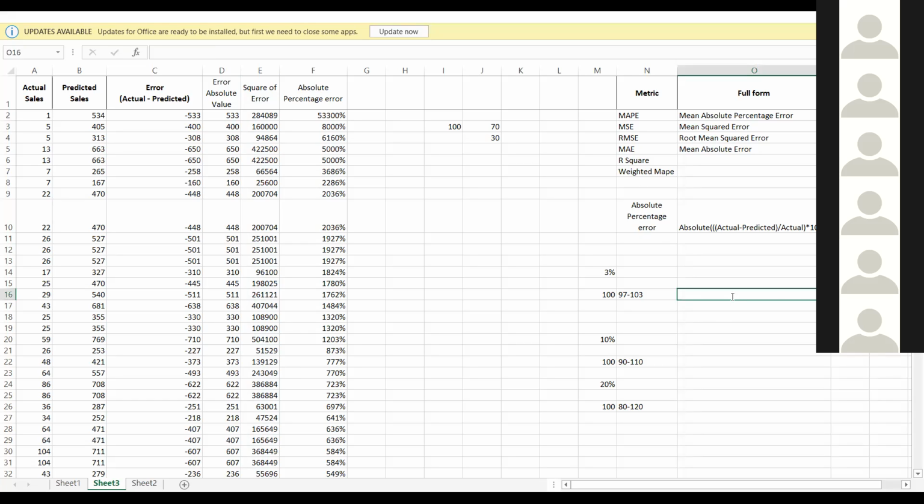If your MAP is 4%, let me just show you. If it is 4% and your actual sales is 1 lakh, so this is your prediction. Okay, sorry, let me re-emphasize. If your MAP is 4% and if your predicted sales, what your model predicted, is 1 lakh, so your actual sales will be